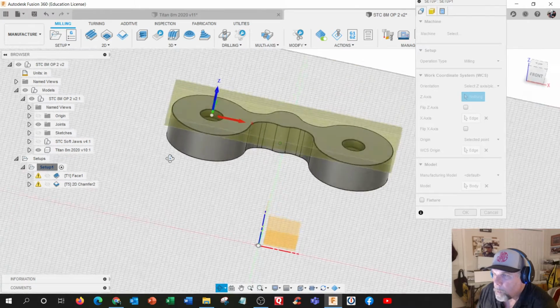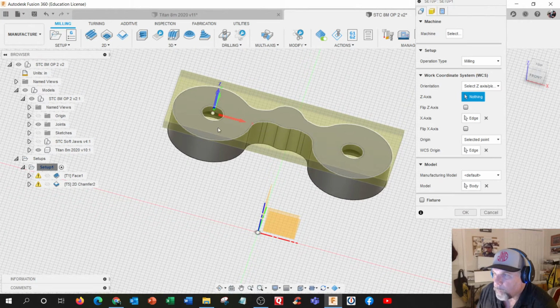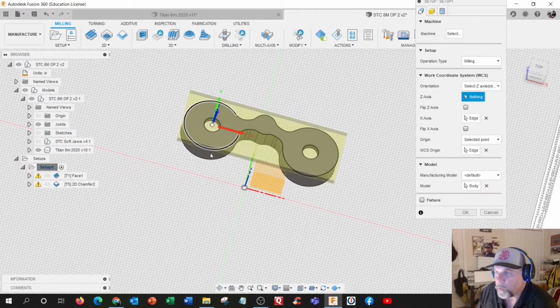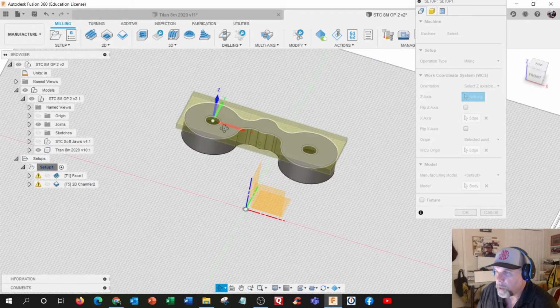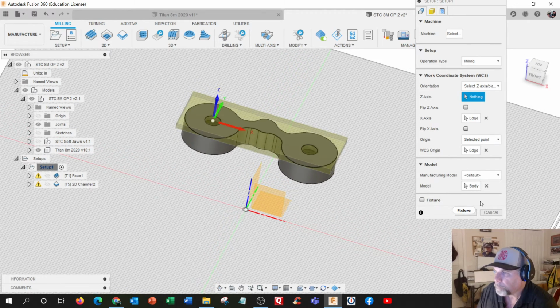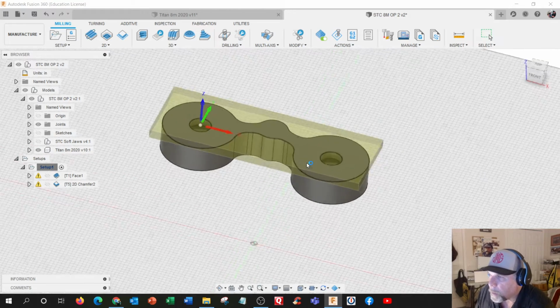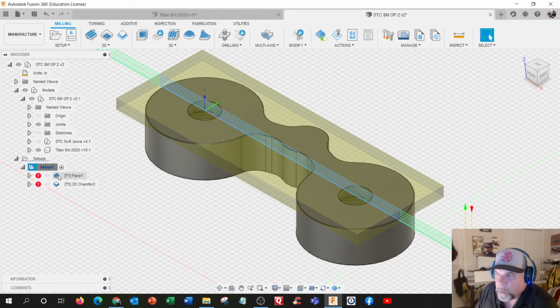So we can control this surface, and actually, if we drill through the whole block from the beginning, we can probe the middle of this hole. So I might change how we do this setup. But we'll use this for our orientation. All right, hit OK. Z height less than height of selected model. Okay. So in this case,